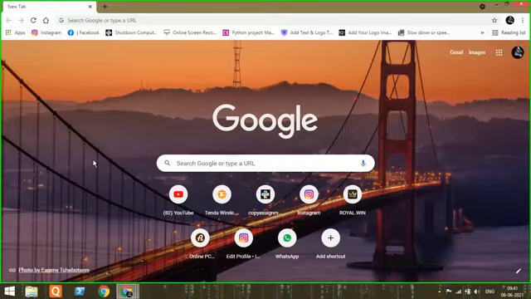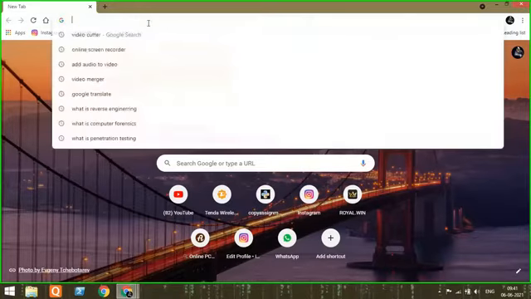So now I will tell you how to install Kali Linux on your operating system. I am telling you how to use Kali Linux not as a permanent operating system, but you can use it on a removable disk like a pen drive. It is very easy to use on a pen drive. So let's get started. First you need to type